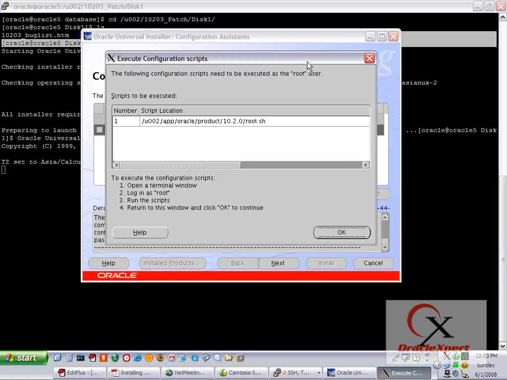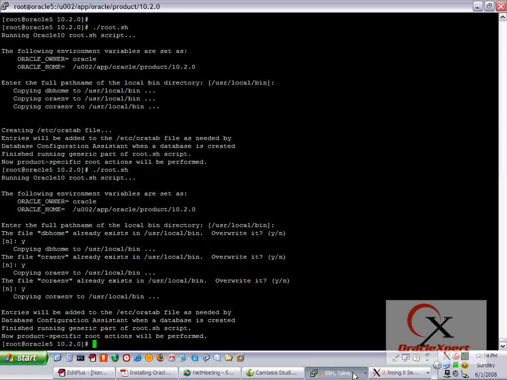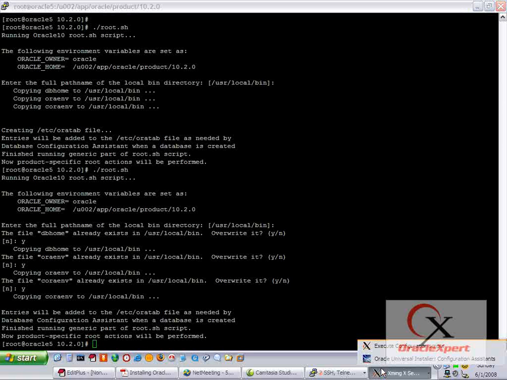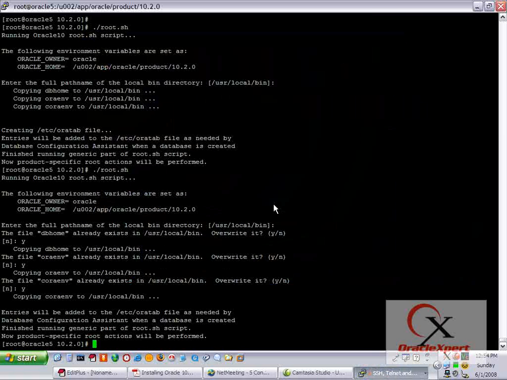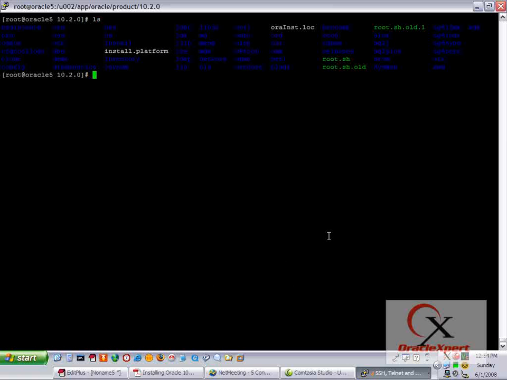After the patch is installed, it's waiting for us to execute root.sh. Now it is installed, and we also ran root.sh as part of the patching activity itself. Here I am saying yes, the patch has been applied now. So that was pretty much about the installation of Oracle. What software version we have now in place is